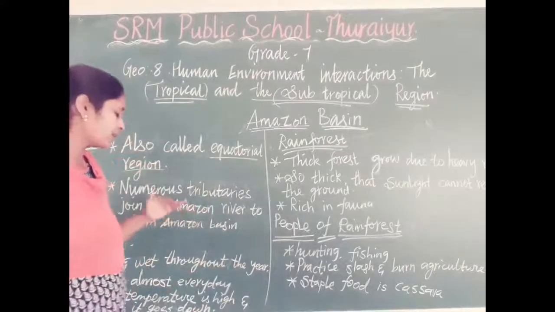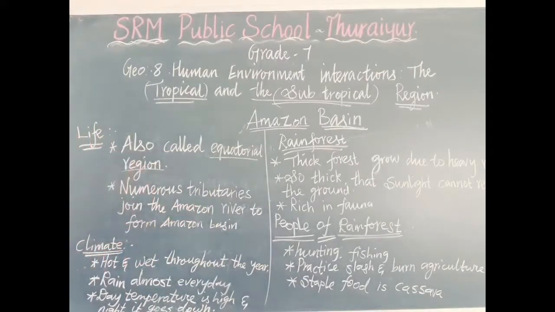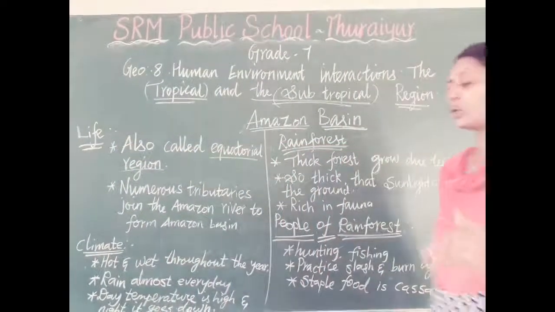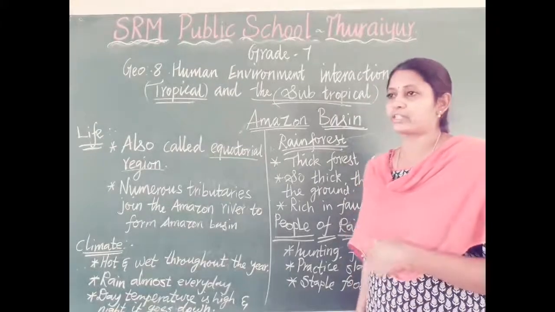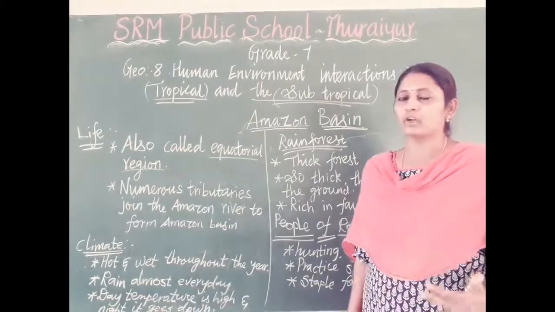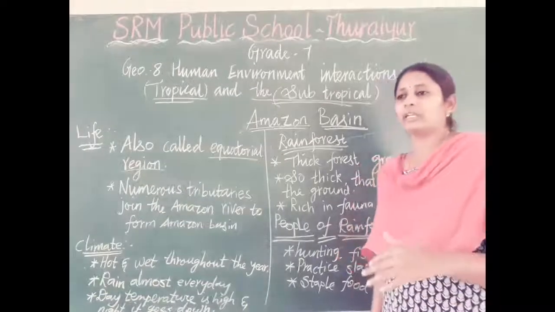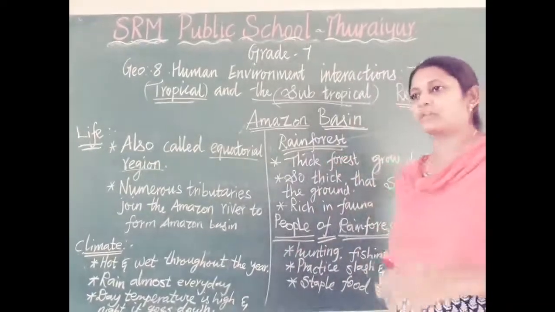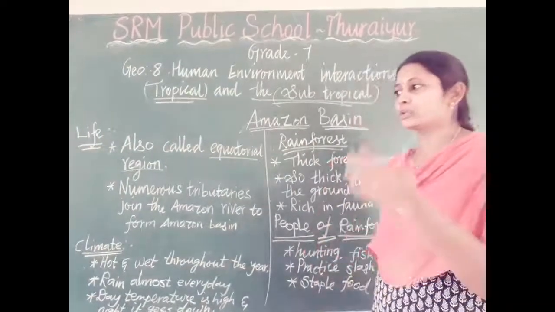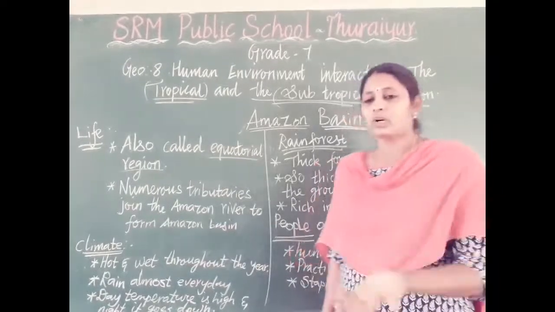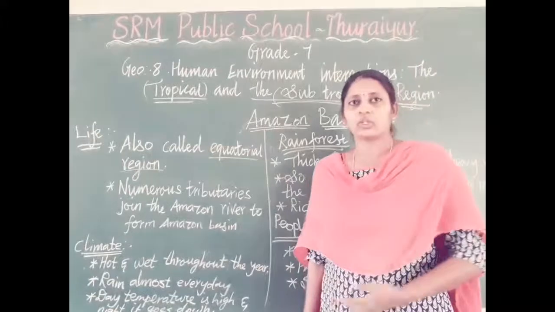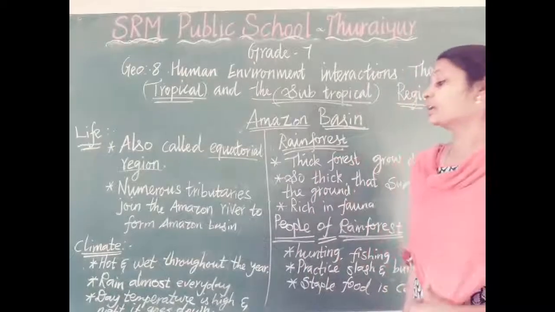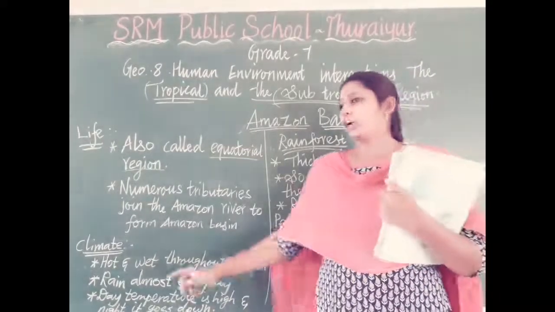So what is the climate condition of the Amazon basin? Throughout the year it is hot and wet weather. Hot and wet means in the daytime it's very hot. Every evening at 4 o'clock the region receives rain. Every day it's receiving rain. That rain is even called the 4 o'clock rain. In the evening, due to that hot weather, the water turns to vapor and the water vapor creates rain clouds, and with the help of those rain clouds the forest receives rain. So throughout the year, a hot and wet climate.